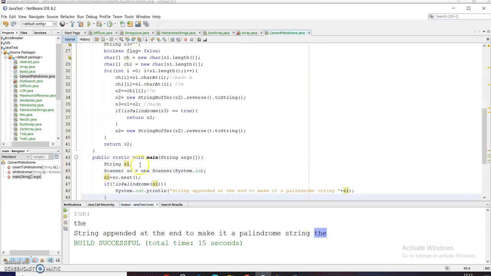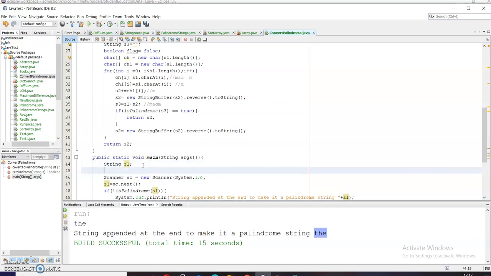I can write the statement here as enter the string, system dot out dot println, enter the string.